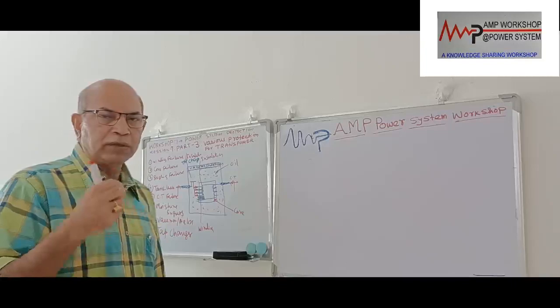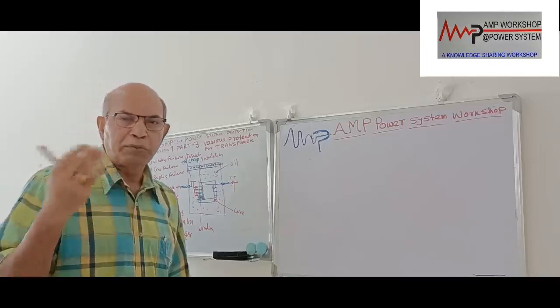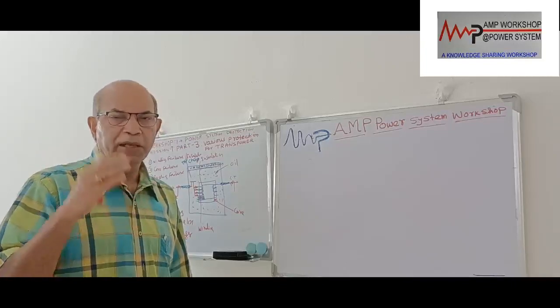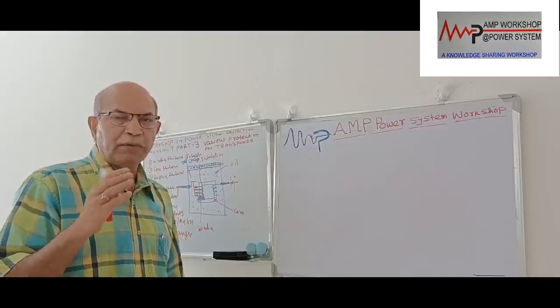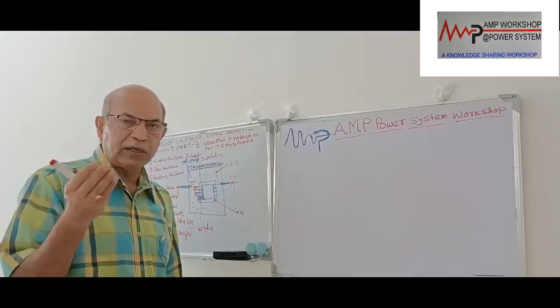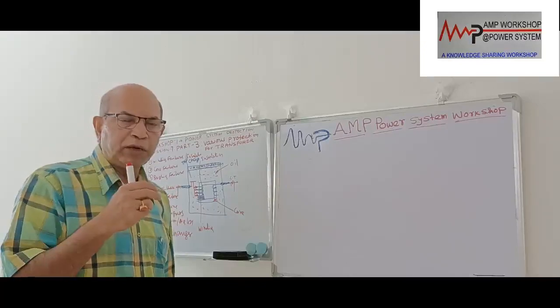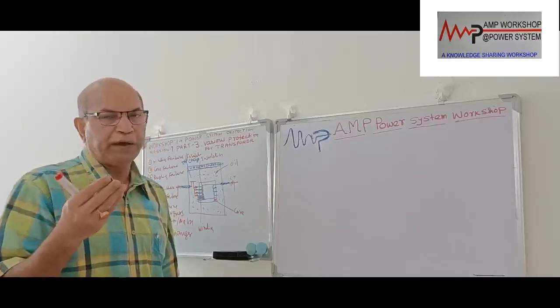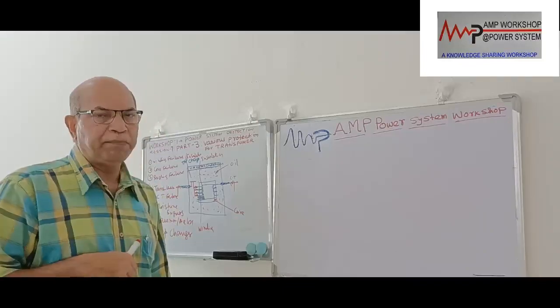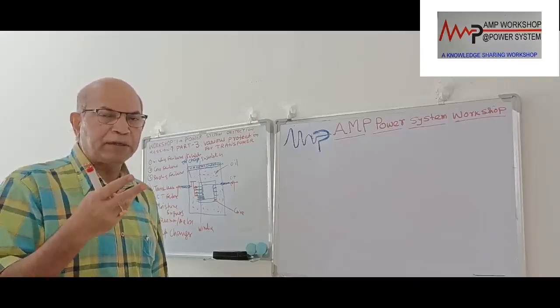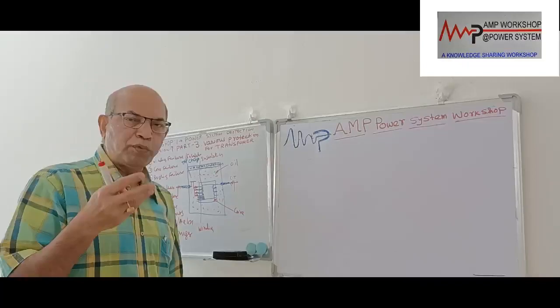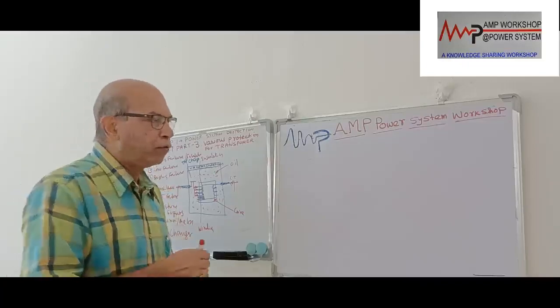We use it to change the output voltage, depending on the load, as maybe there is a voltage drop. To take care of the voltage drop or voltage rise, we put a tap changer from a certain point of the winding, from the principal tap, then plus minus 2.5%, which means plus 5% and minus 5%. Each tap is 2.5%, so 2 taps is a total of 5%.